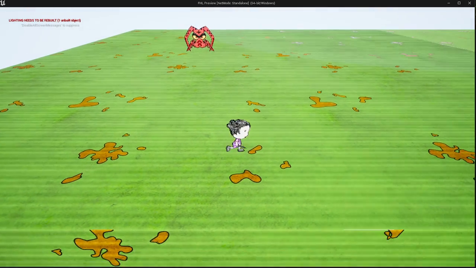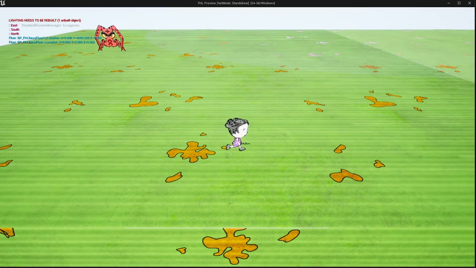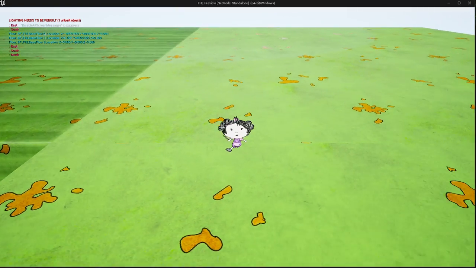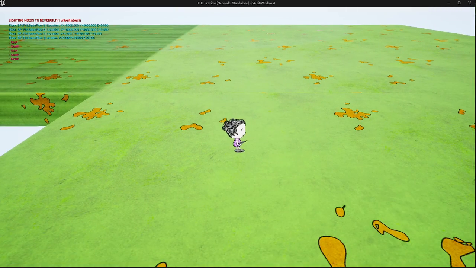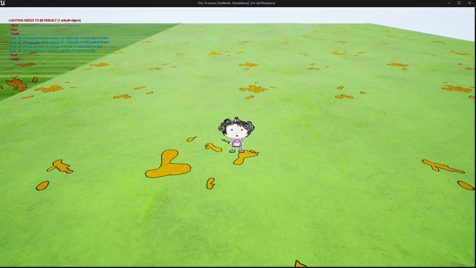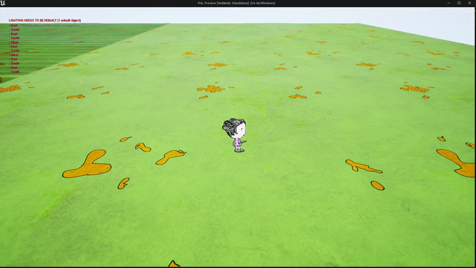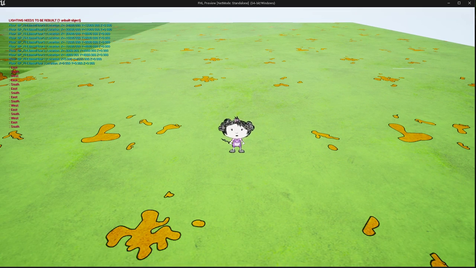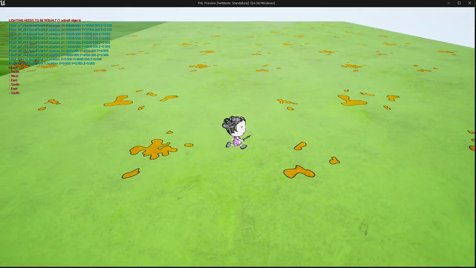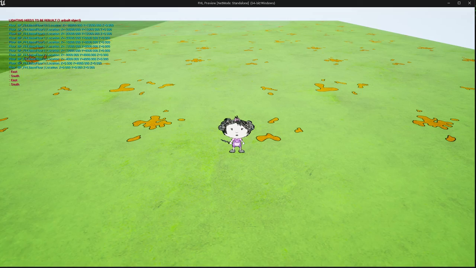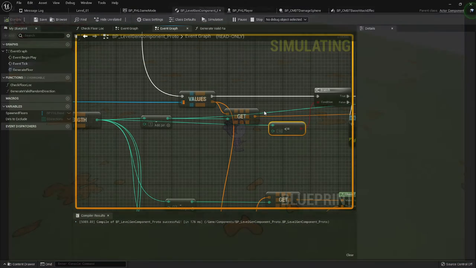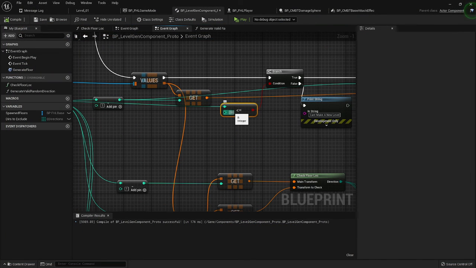1, 2. So that's 2. 3. That's cool. 4. 5, 6, 7, 8, 9, 10. Alright, that should be 10. And then we go 11. Okay, that means if it is greater than, less than, or equal to 9,